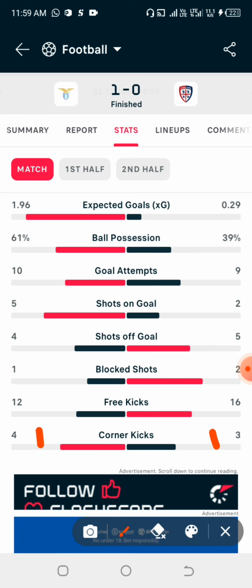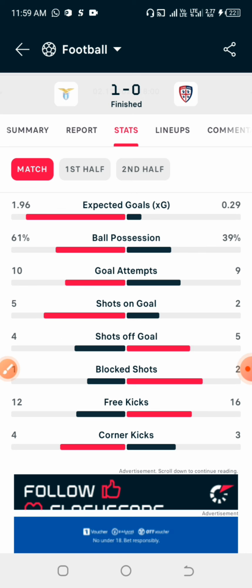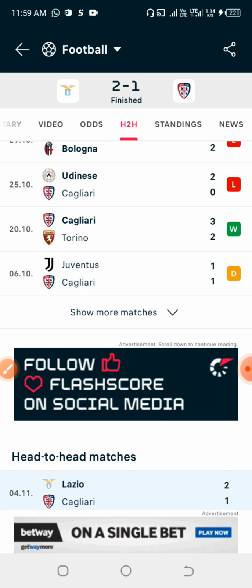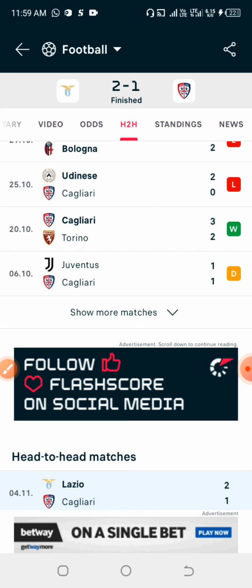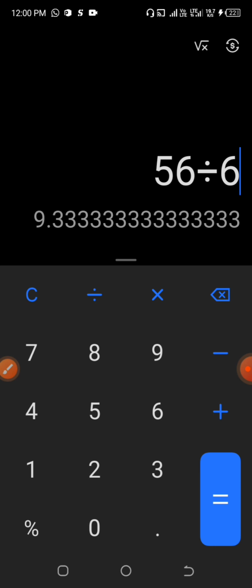Okay, now let us add everything together. In the last previous games against other opponents, for both home and away teams, we can see that they had 34 total corners, and in the last meetings against each other, they had 22 total corners, making it 56 total corners. If you divide it by 6, I believe you guys already know the reason why I'm dividing by 6. That is from the last two games of the home team, the last two games of the away team, and the last two games of their head to head, making 6. So now we are getting 9.3.